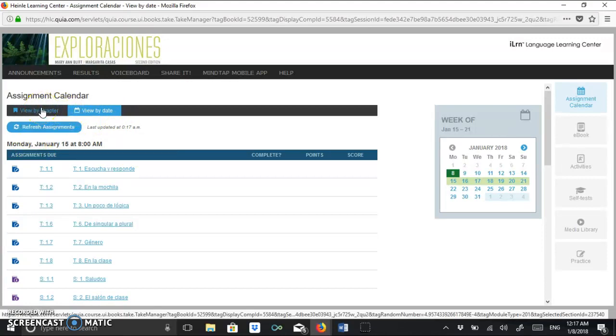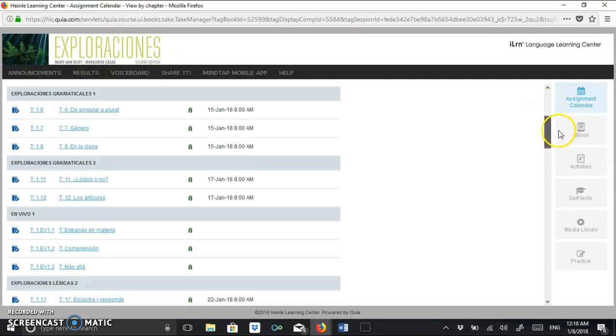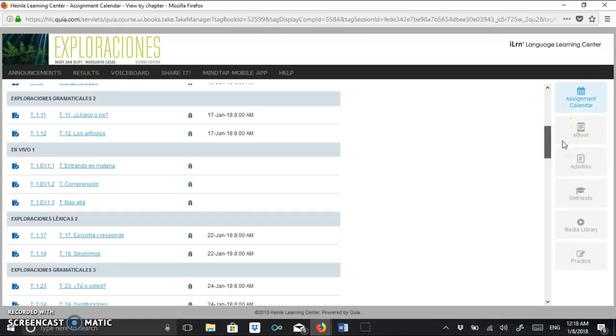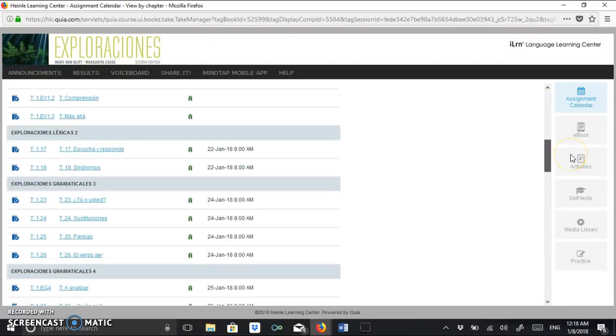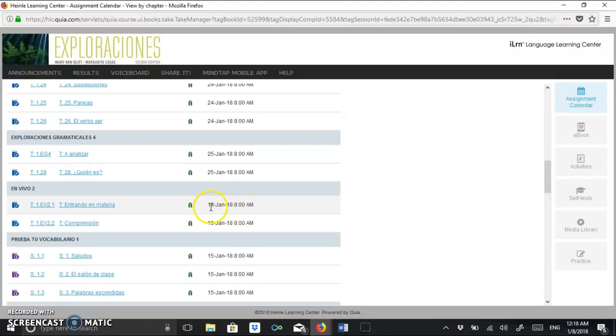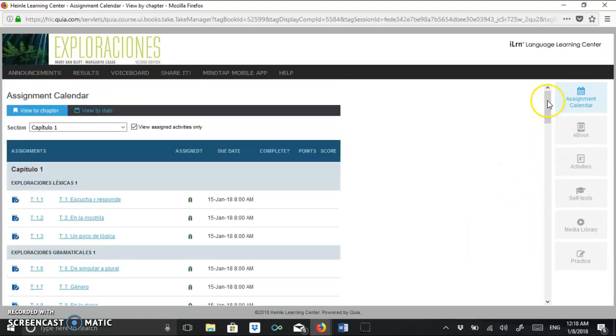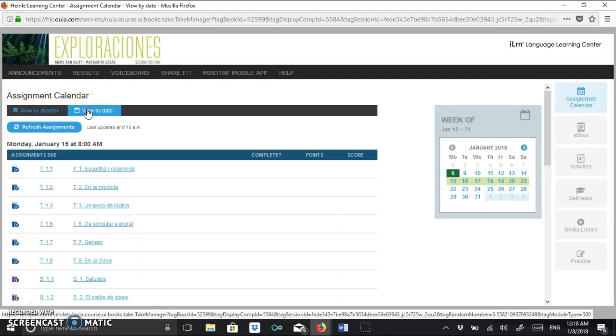Because if you go here on the view by chapter, for example, these activities are due on the 18th, January 18th. And this is on the 24th. However, it's listed before in this view. So to avoid any misunderstanding,